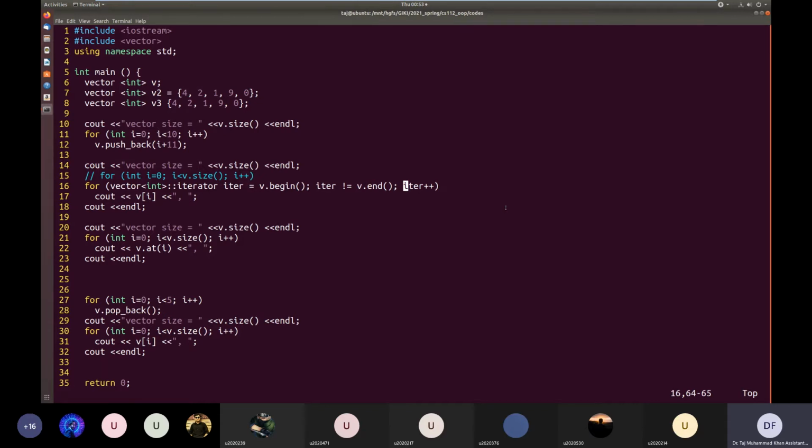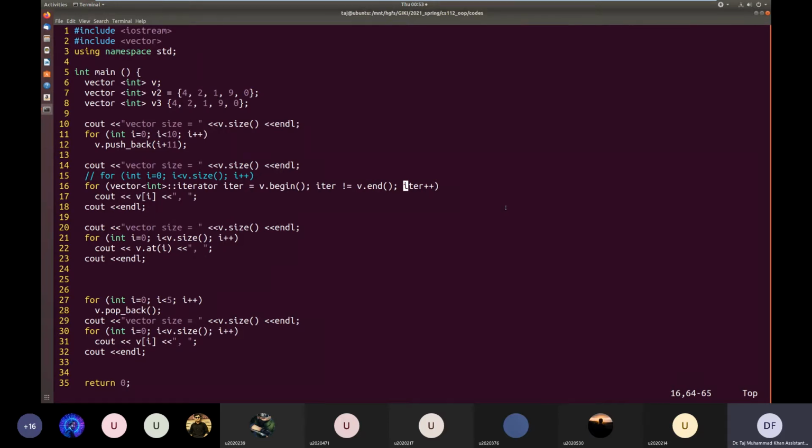That programmer gave me an interface, the behavior. The programmer told me that if you do iterator plus plus, the iterator will go to the next element, wherever that element might be. The programmer says, I am responsible that it will go to the next element. You don't need to worry about the details. Those are implementation details. Those are private. So you just do plus plus, and as long as you follow this interface as specified, you do plus plus on the iterator. The iterator will go to the next element, wherever that element is in RAM.